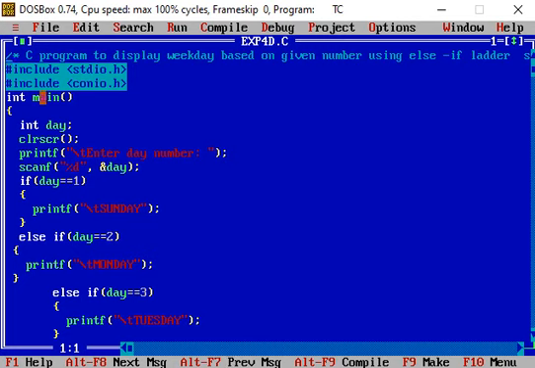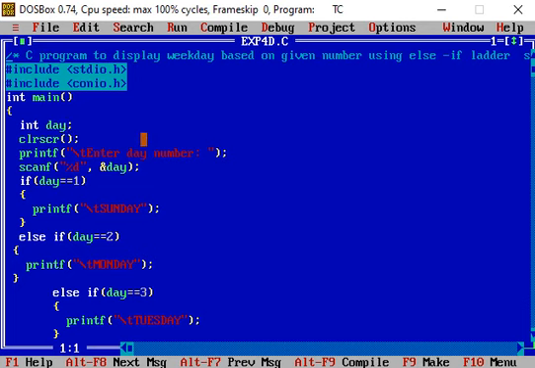So again, using the preprocessor directive hash include, we include two header files, stdio.h and conio.h. First statement in the main function defines day as an integer variable.